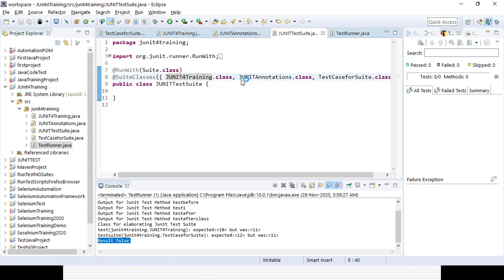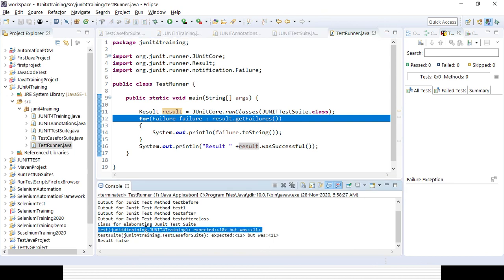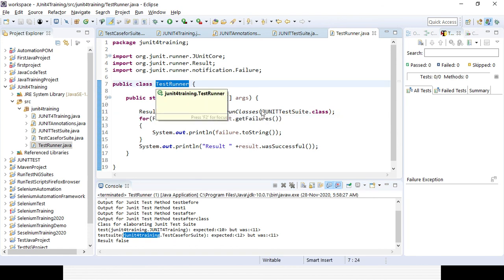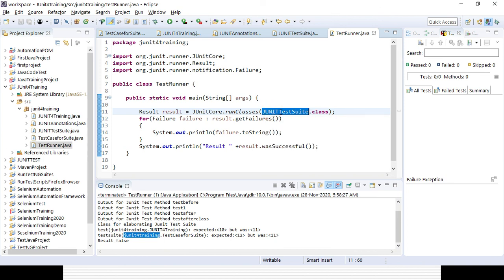You can run it using that JUnit suite, but it's preferred to create a test runner class, where we can get any kind of failure result. Just like whenever you are using Selenium WebDriver, any kind of failure is printed in the console, so it is very easy to analyze the error and to rectify the error, okay. So that is the reason you can create a test runner class through which you can run any class. You can run a single class or you can run a test suite. You only need to change that, otherwise all the syntax will remain the same.